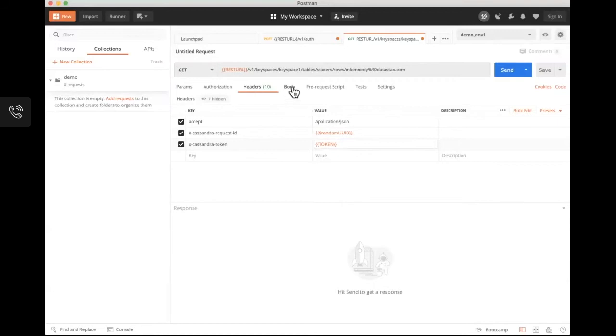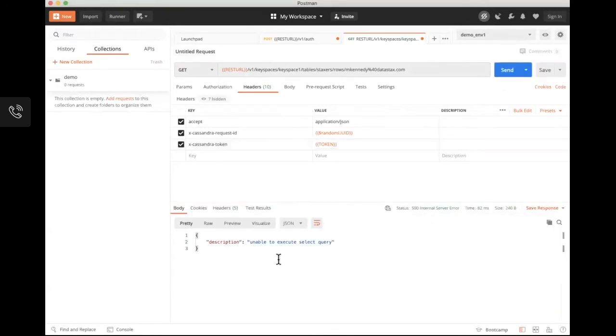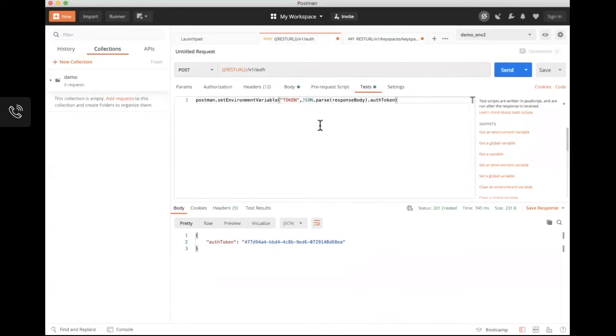This is a GET request, so there's no body, and we don't really have any tests to do at this point. Because we are using Charlie, and Charlie does not have access to this table, we are expecting to get an error back, unable to execute select query, and that is correct. Now we're going to switch over to environment 2, we're going to re-authenticate ourselves. Let's look to make sure.